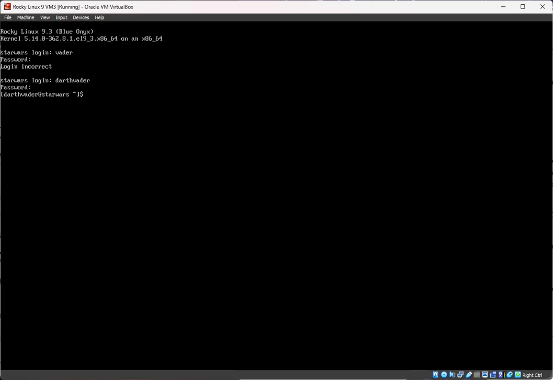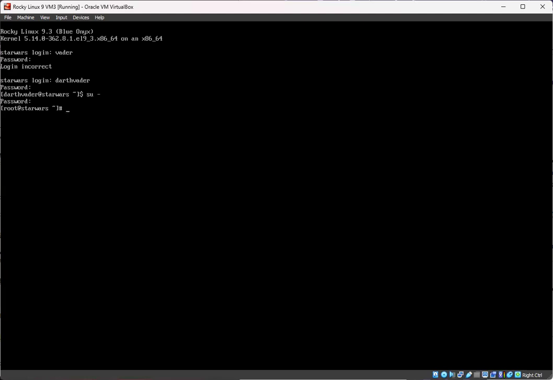So let's log in as a root user. You can type su space hyphen space root. This is one way, or you can simply say su space hyphen, whether Rocky Linux, yes, and then press enter. It will ask for the password for your root account. Let's see if I remember my password correctly. Always remember your password. Yes,